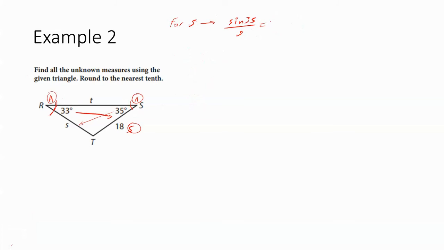So sine of 35 over S, and then we have sine of 33 degrees, our other reference angle, over 18. Cross multiply. So you should get S times sine of 33 degrees equaling 18 times sine of 35 degrees. How do you get rid of a multiplying sine of 33 degrees? Divide. What you do to one side, you do to the other. So we have S